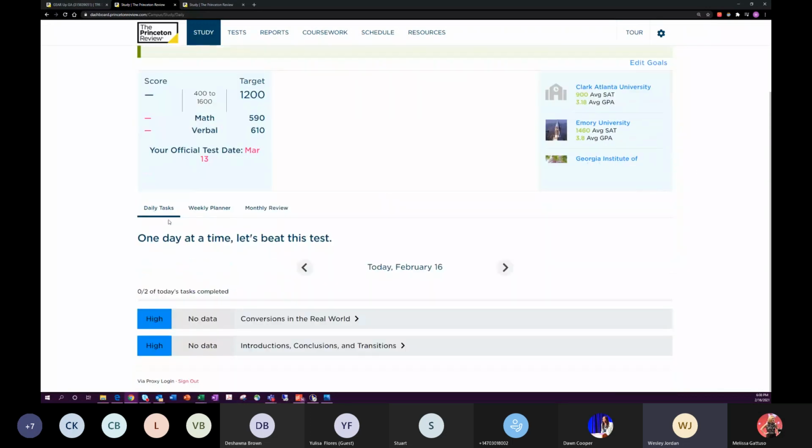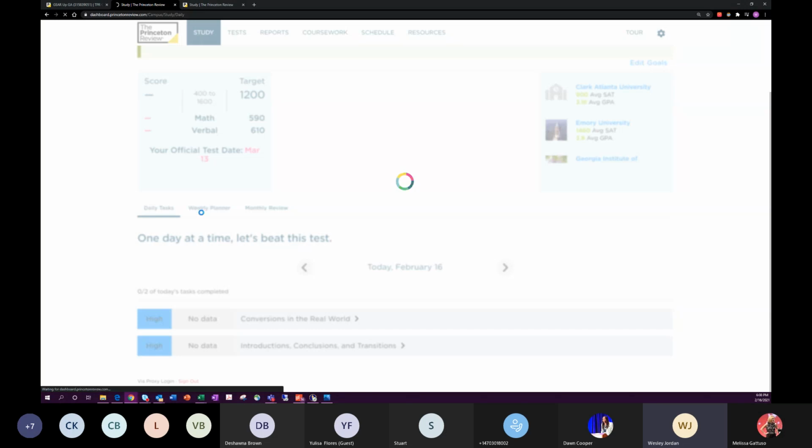Down at the bottom of this study page, this is where you see the daily tasks that I mentioned. So typically this would fill out with specific modules and things that you can go through that are tied to whatever you did on the test and how you performed. In this case, it's just giving us some of the things that are laid out from our typical, almost like a classroom syllabus. So it does still pull from some of these things and these sources to give you some places to start. If you go to the weekly planner view,